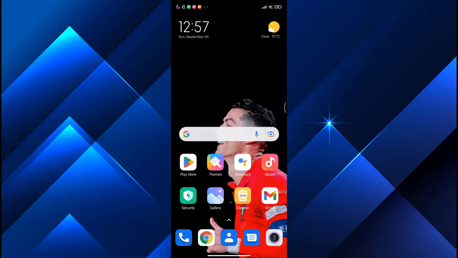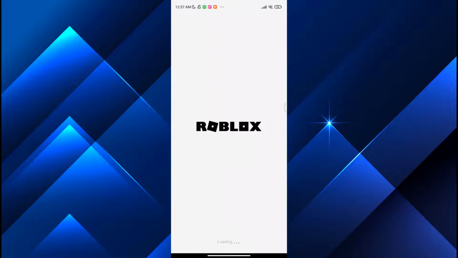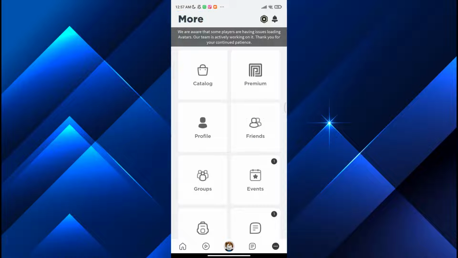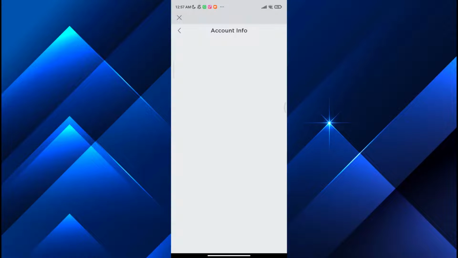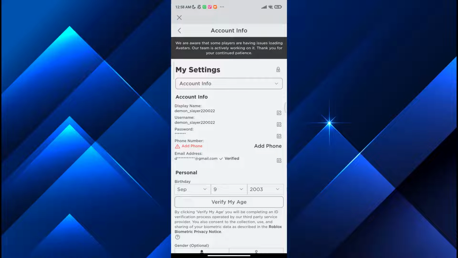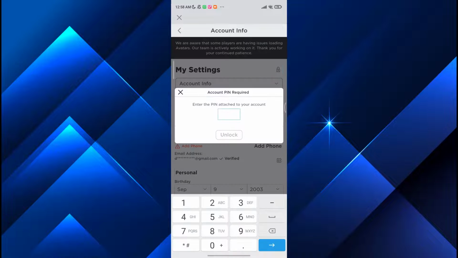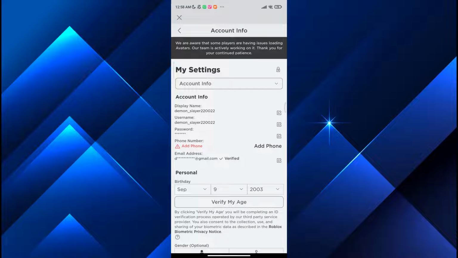So let's get started. First of all, what you have to do is just open your Roblox app, or you can just type roblox.com. Both are the same. Just go to your settings, tap on settings, then account info. Let's say that you want to change something like your display name or your email, right? When changing, Roblox will first require a password from you, the pin. So for example, now I am adding the pin and it's incorrect, right? If I have forgotten my pin, what I will do is just